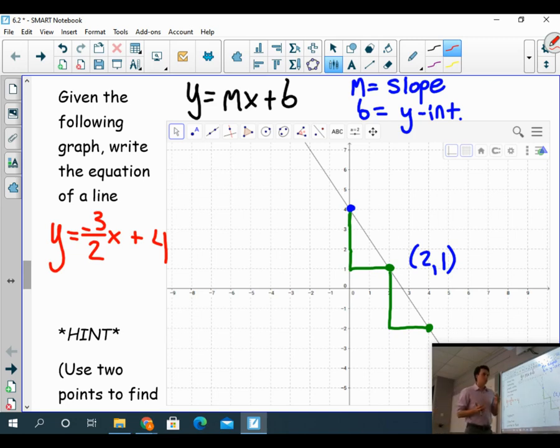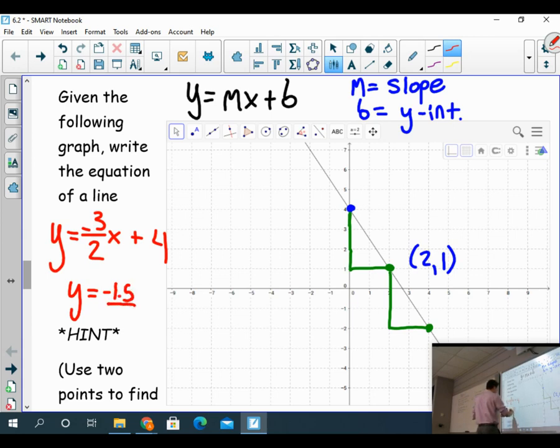Okay, so it's putting those two ideas together. My y-intercept is at 4. My slope, I go down 3 over 2. So my equation will be y equals minus 3 halves x plus 4. And again, I think thinking about that fraction is the easiest way to think about it. Could we simplify that fraction? Sure, we could say, maybe we say minus